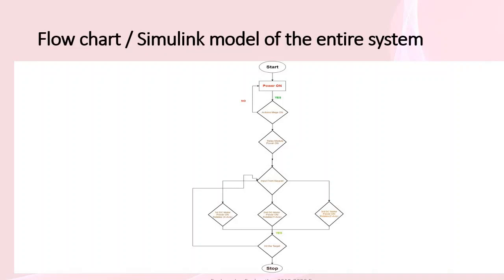And after the first motor getting powered on, the second DC motor gets powered on, which is used for the angular movement, and next the third DC motor gets powered on, which is used for striking the coin. When all the three DC motors get powered on, it will hit the striker and the process comes to an end, which is stop. If we want to hit the coin again, we go back to the input from the keypad, and then all the three DC motors get powered on and it will hit the target. So this process continues. So this was the flowchart of the entire system.